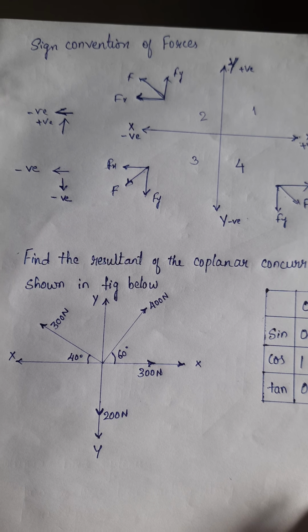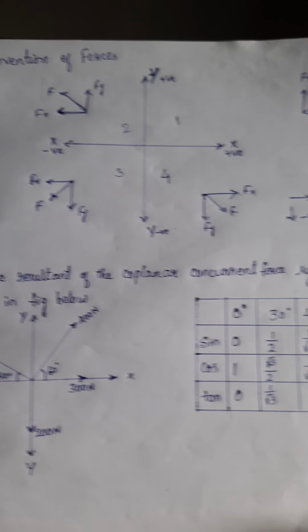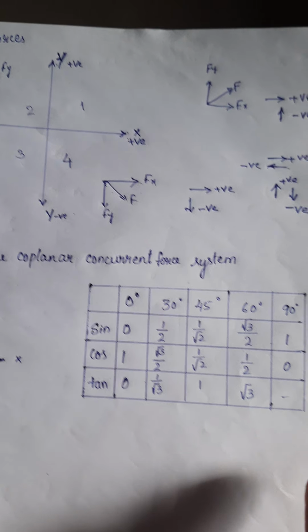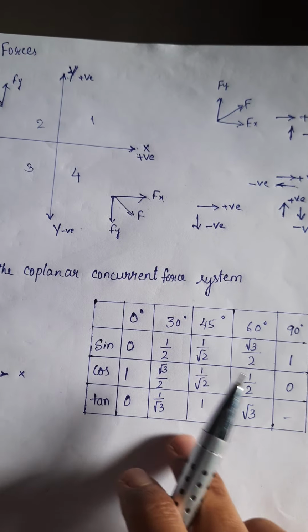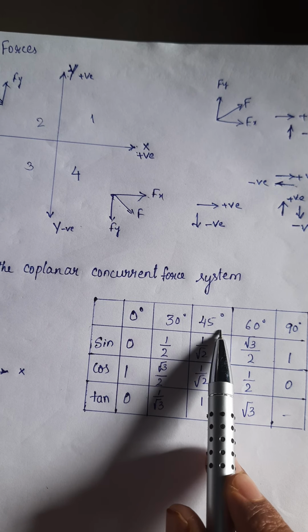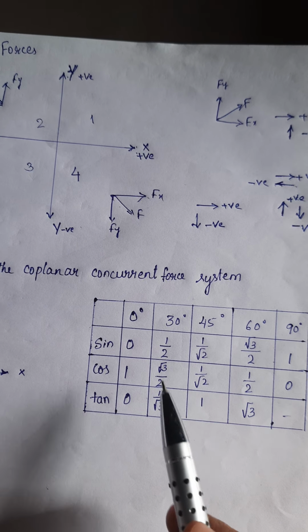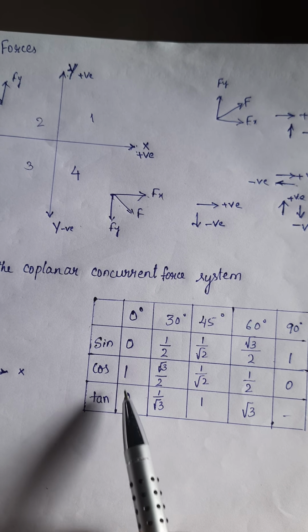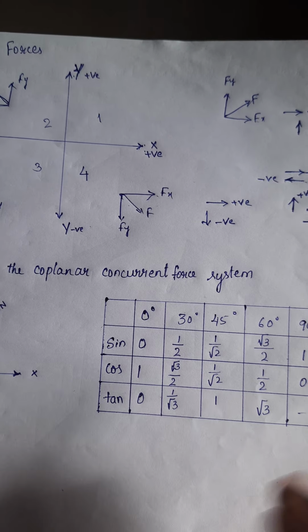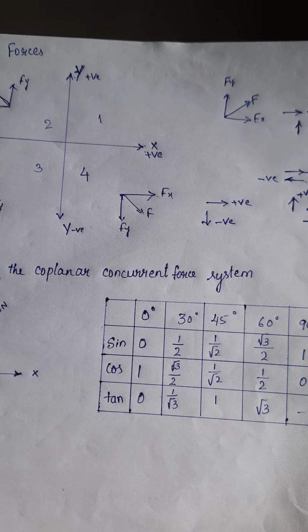We have to calculate the resultant of these forces. Before solving any problem, you must know these basic values. These are the angles: 0 degree, 30 degree, 45, 60, 90. You may not get exactly these angles, but you have to remember at least this much. This helps in your simplification. Okay, now